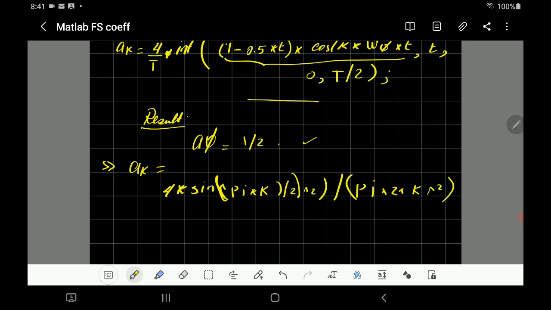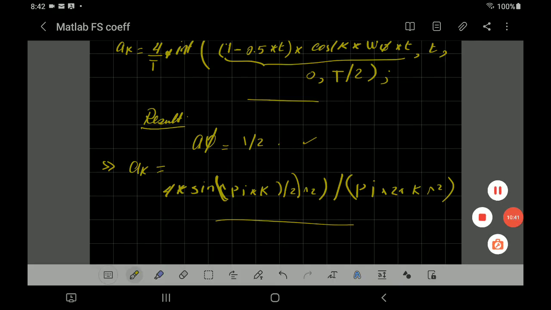Then you can write it in a nice way to see if this is the equation you got when you did it by hand or not. So that's very simple. That's how you find the expression, and that's a good way to check your result. No calculation, it just gives you the expression, the formula. All right? I hope you understood it. In the next video, I'm going to show you how you calculate the coefficients or the first terms using MATLAB. But make sure you understand this because we are going to use it in